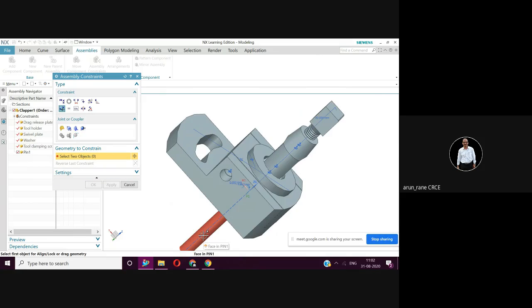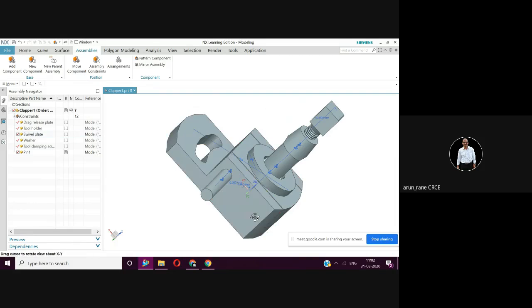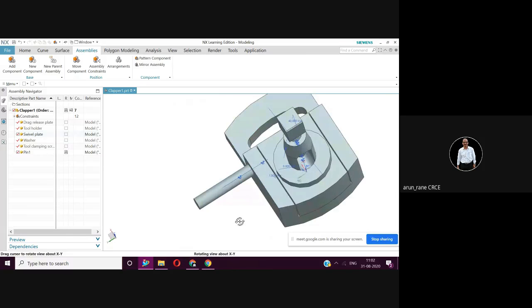First is this component which is to be added, and then second is the swell plate. So that is done. Say okay. Now the center lines of the pin and the swell plate are aligned.